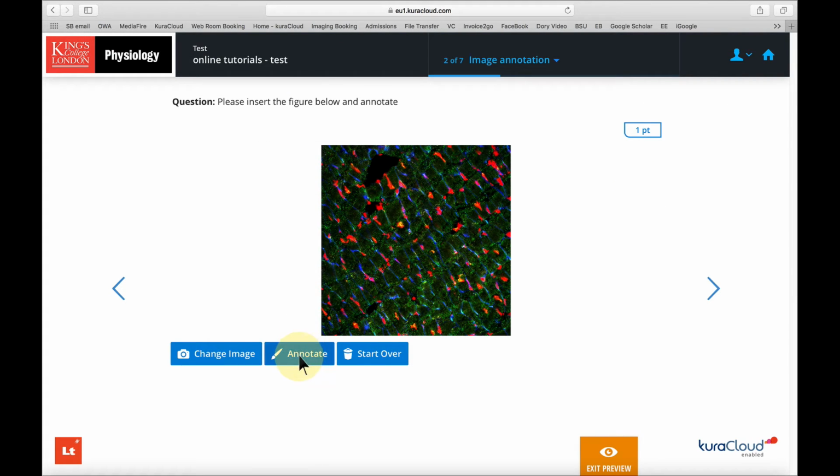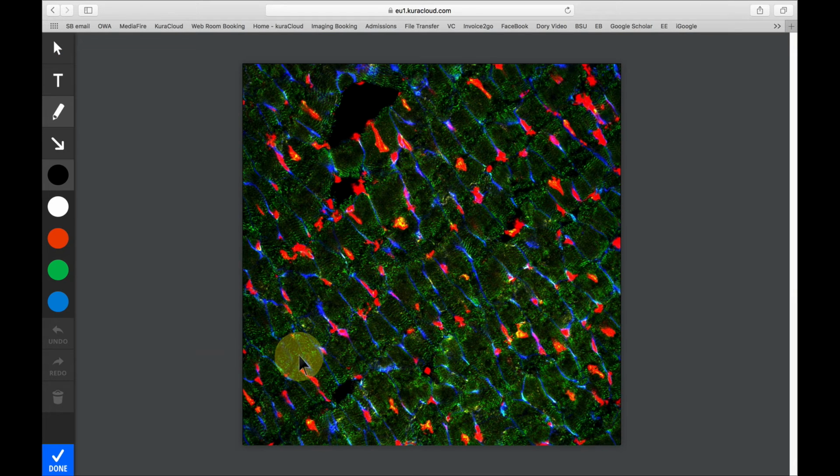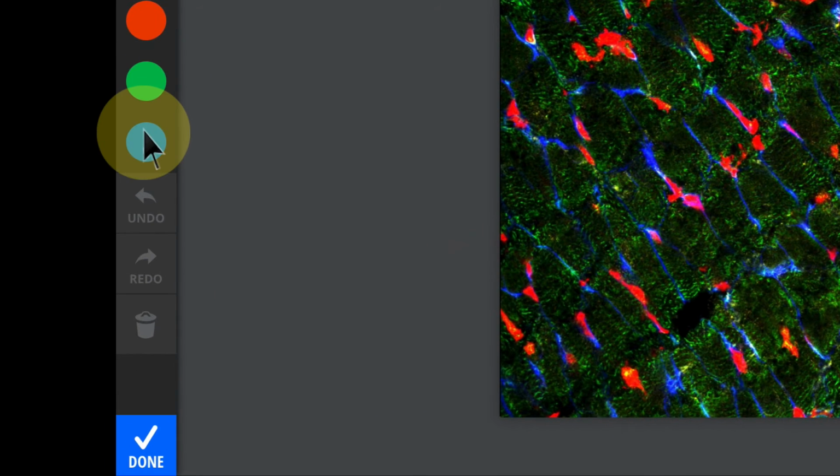If I click on the Annotate button, the screen will enlarge and show me the image I have selected. Down the left-hand side of the screen, I can see my annotation tools. The positioning of these tools will be dependent upon the resolution of your monitor, but they will all appear down the left-hand side. As well as the annotation tools, there is an undo, a redo, and a trash can for